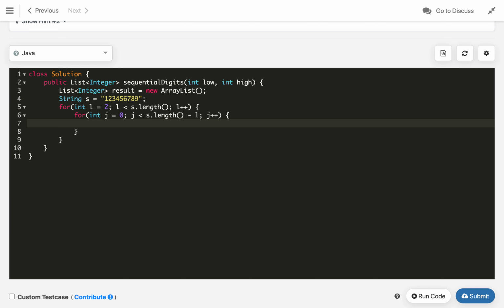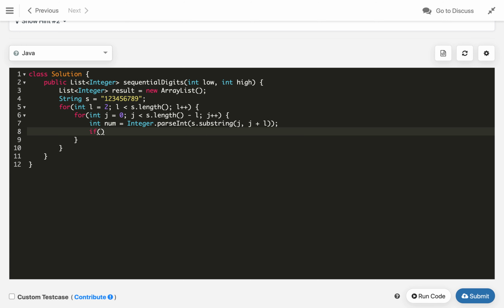Now we will cut the substring and parse it to an integer. So this will be Integer dot parseInt of s dot substring from j to j plus L, which is the length. So that length substring we will cut first.